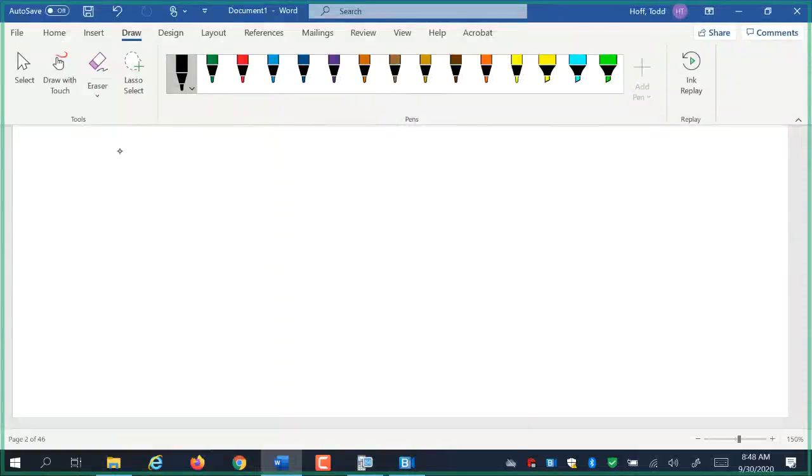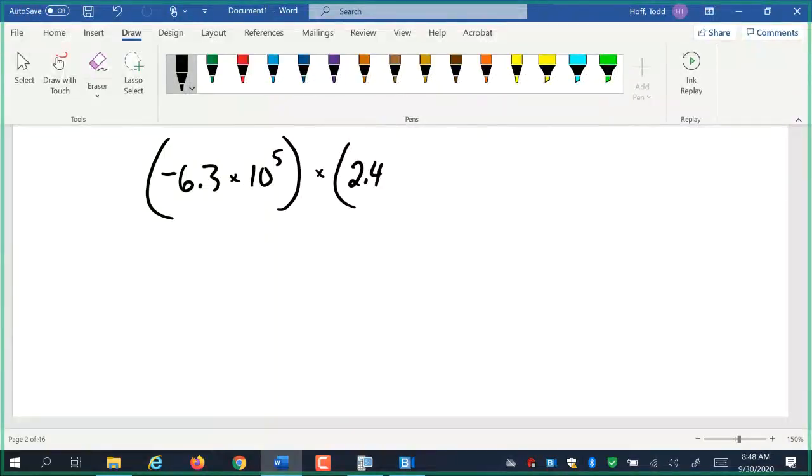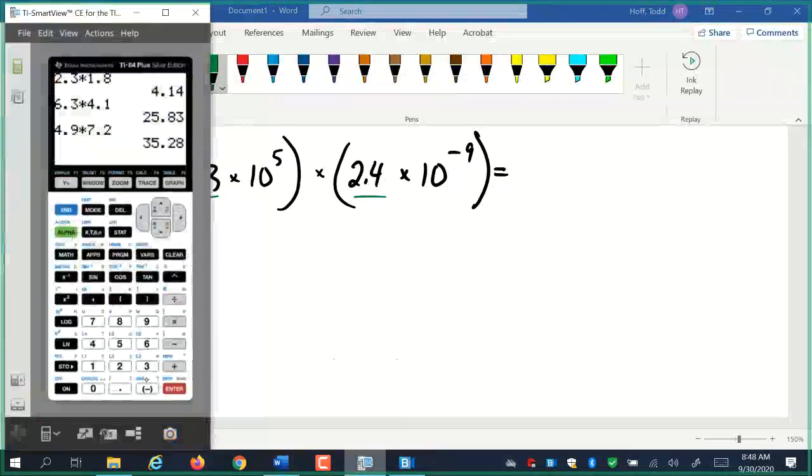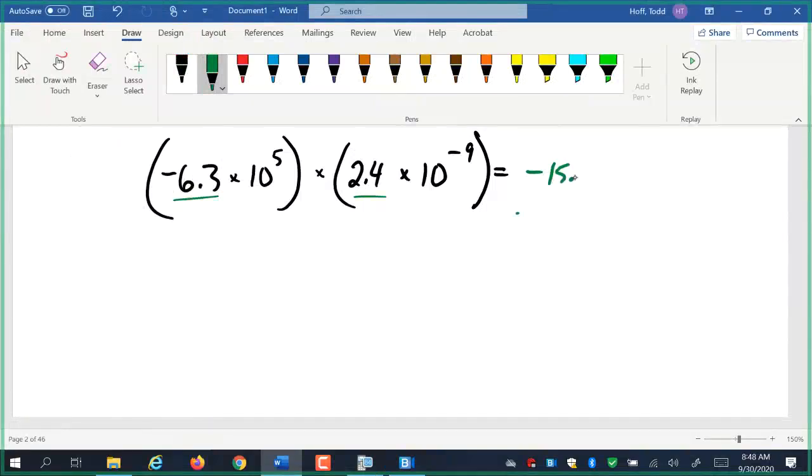Let's do negative 6.3 times 10 to the 5th times 2.4 times 10 to the negative 9th. So we're going to combine counts here. Negative 6.3 times 2.4, giving us a negative 15.12. Times, we combine our powers of 10, combine our names. 10 to the 5th times 10 to the negative 9th is 10 to the 5 plus negative 9 is negative